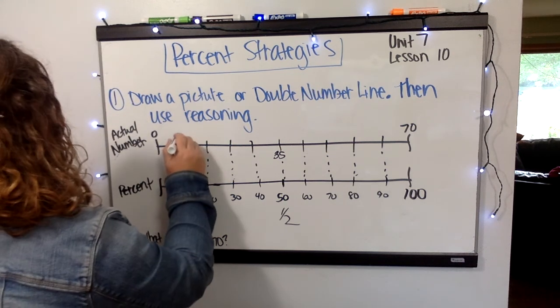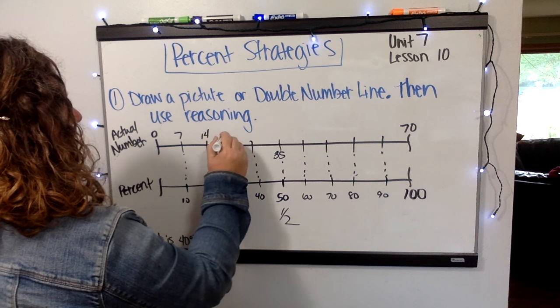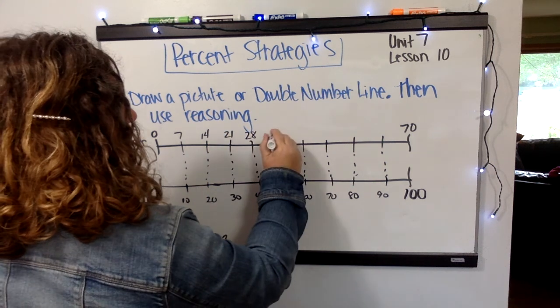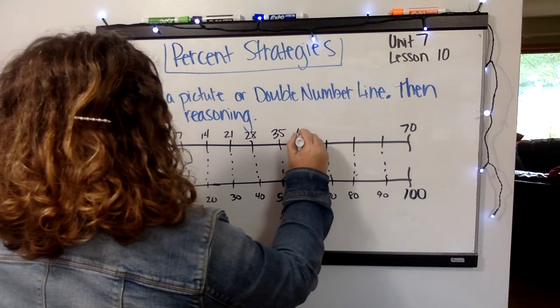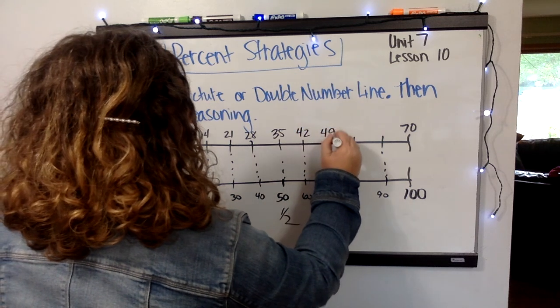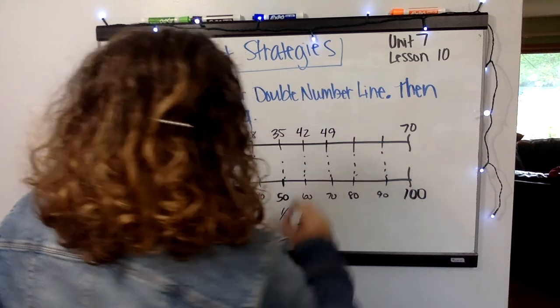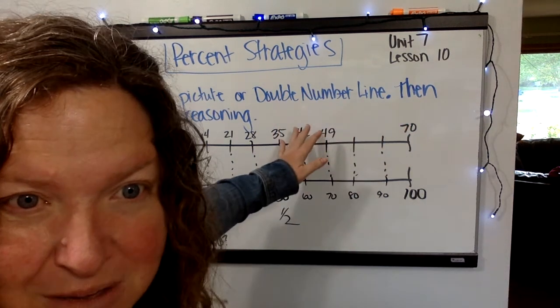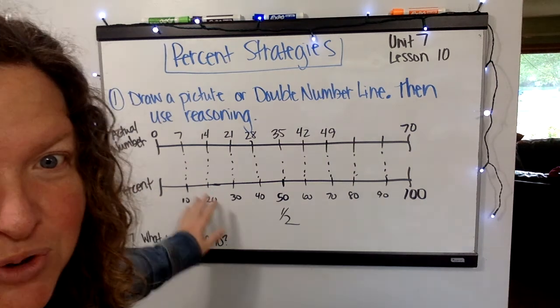So this is 7, 14, 21, 28, 35, maybe in the wrong spot there, 42, 49, etc., etc. So we can even leave part of it blank if we want because we're looking for